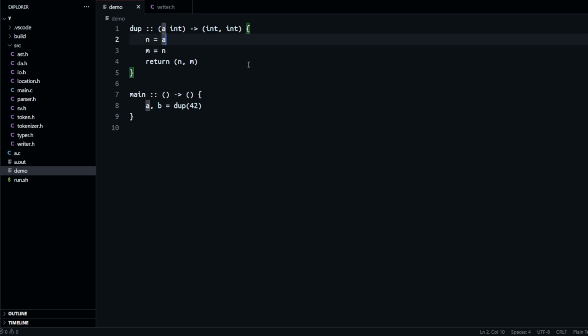Welcome. In the previous video, we were able to compile some single variable assignments, and in this one, we are going to start parsing multivariable assignments. This means that by the end of this video, we should be able to parse statements like this one. We will be able to assign the returned values of a function that returns more than one value to multiple